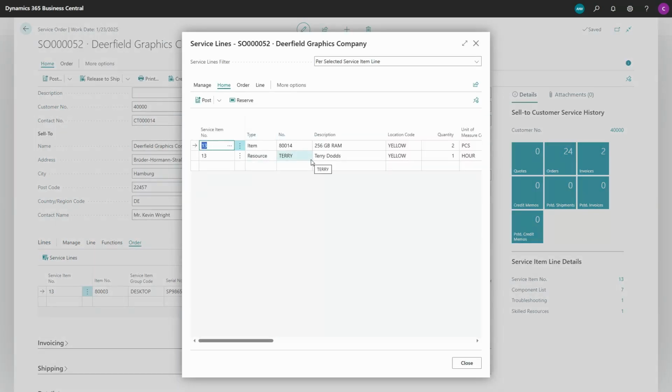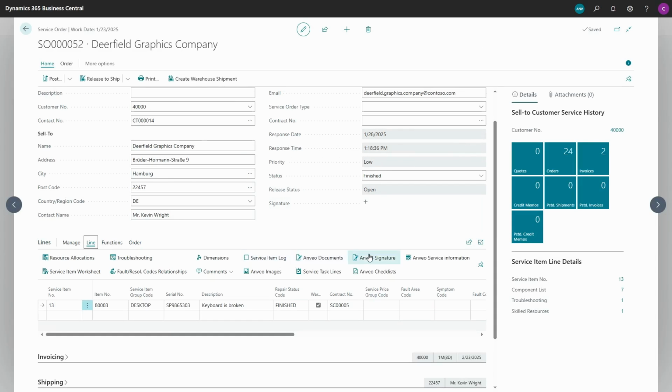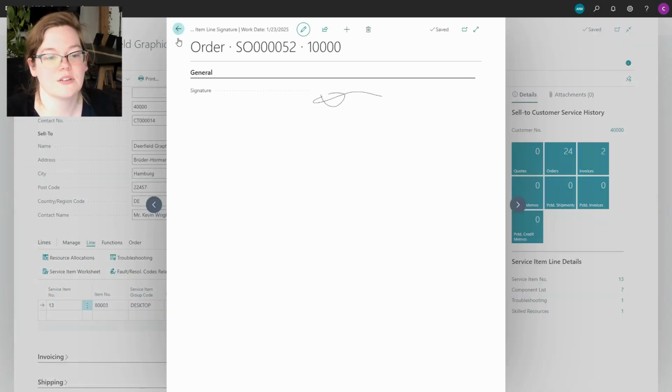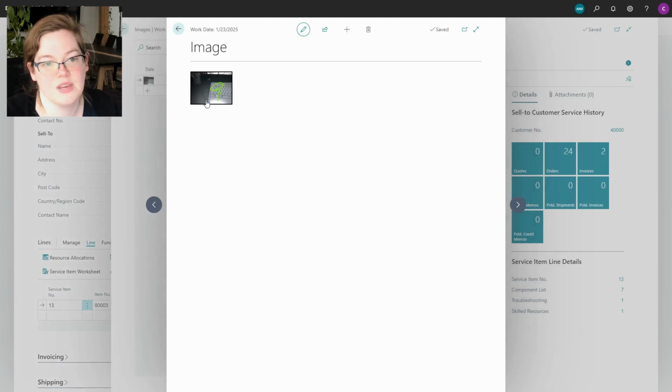From here, I want to make sure any sort of invoicing is done or further discussions with the customer about warranty or additional spare parts can be ordered, as well as viewing that signature or those specific images that we added. So I've very quickly and easily gotten all of my details back into Dynamics, and the team in back office can do their magic, and I as a technician can continue on with my day working with the Envigo service app.